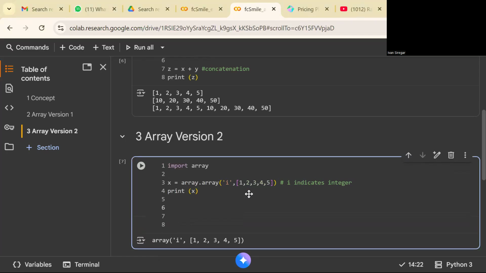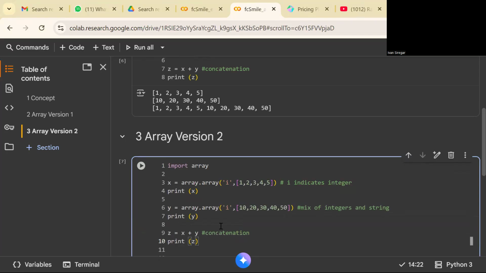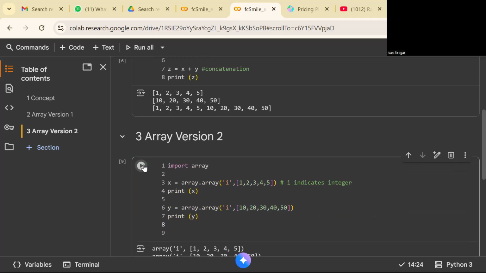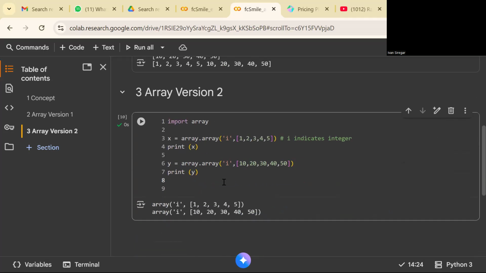So let's make the other one, which is Y. As the previous one, we do this: Y is 10 up to 50. Okay. But we're gonna address the mixing data type here. But so far we just leave Y with all the elements as integers. Okay. So I think nothing is wrong with this. Everything is going well.